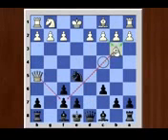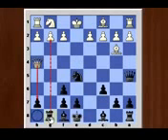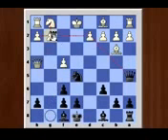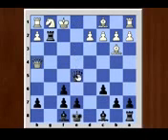bishop b3, queen a5 check, no, still queen moves to h4, rook g8, f4, rook captures g2, f captures e5 and queen captures e5 check, king moves to f1,